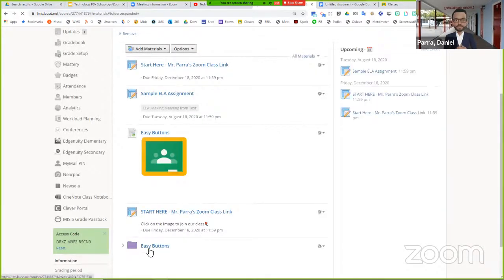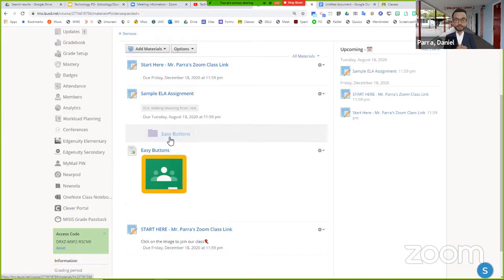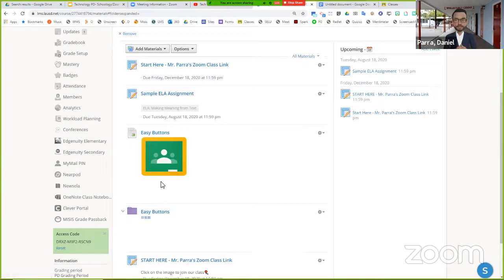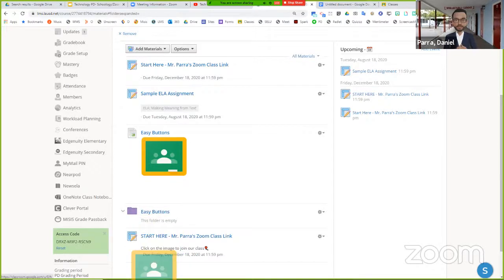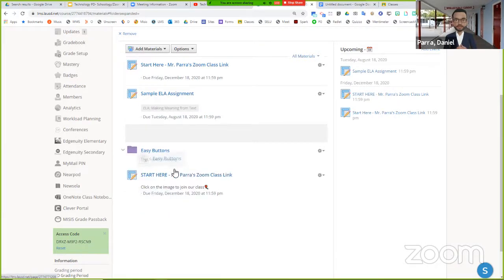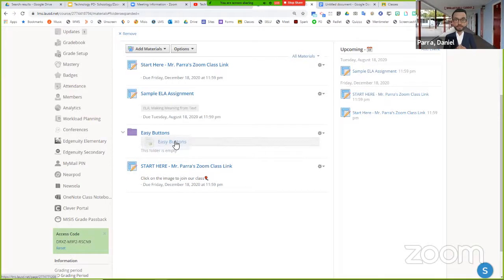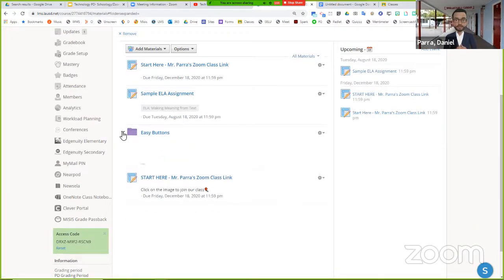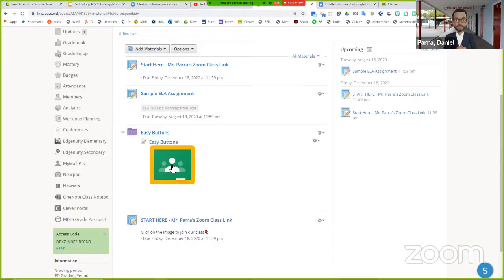Now I have a nice little folder that I can drag up. And then I'm going to drag this into my folder. There we go. And now I can close my folder and open my folder and have these buttons available for